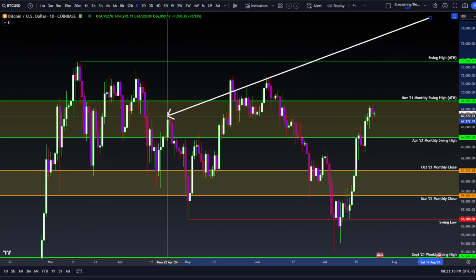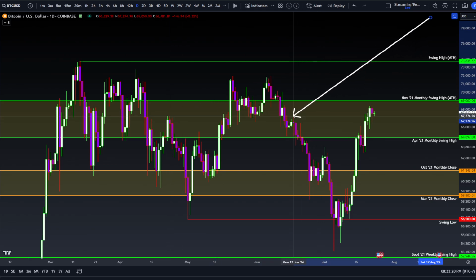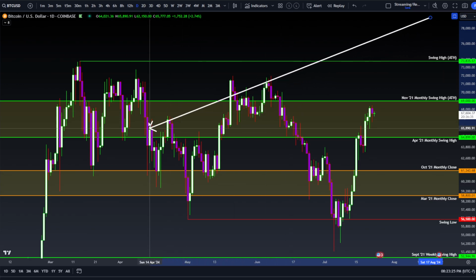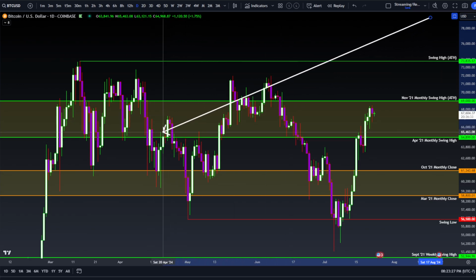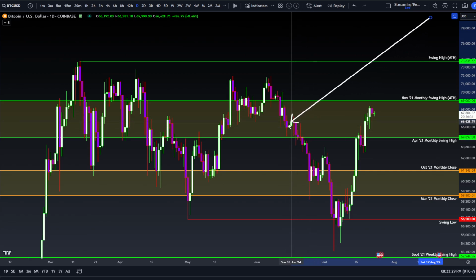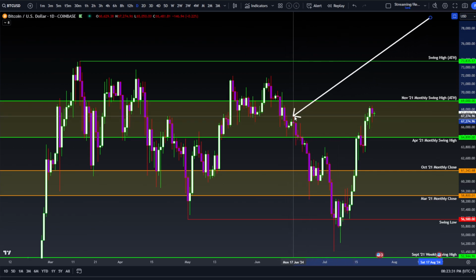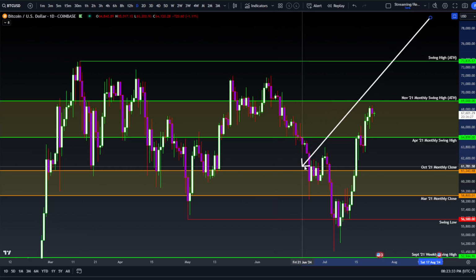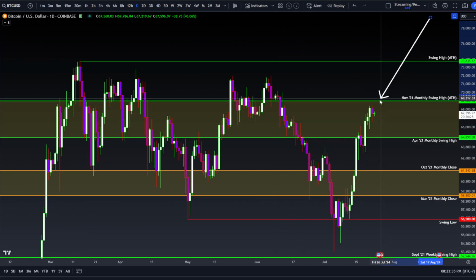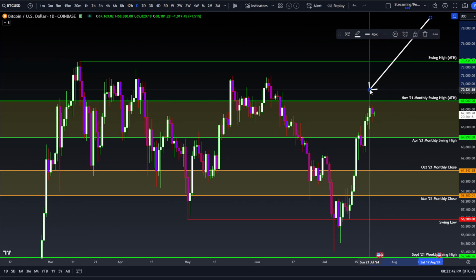and then pushed on through, breaking this high at 65.5, and now has broken the next high or lower high in this case, where we have two confluent areas where this was a lower high on a swing and a lower high on a close. Lower high swing, candle structure, lower high close, lower high swing, lower high close. So reclaiming that area, you want to see that held, or else you're looking back down. $69,000 is in the cards from a volatility perspective. Pushing above there to $70,000, I would not be surprised to see it rejected, at least on first pass. But if it does blast off above there, we're looking